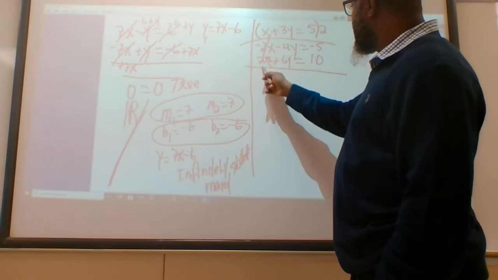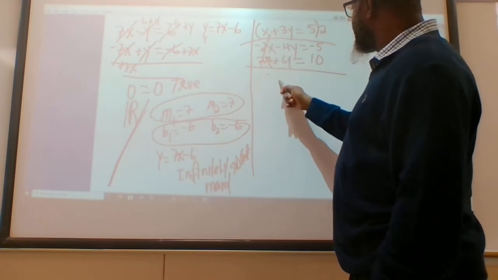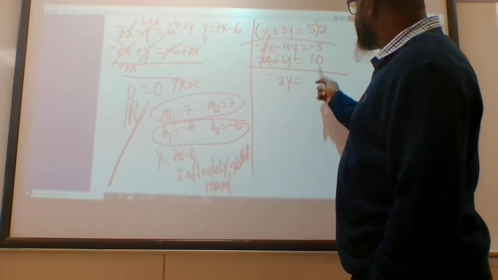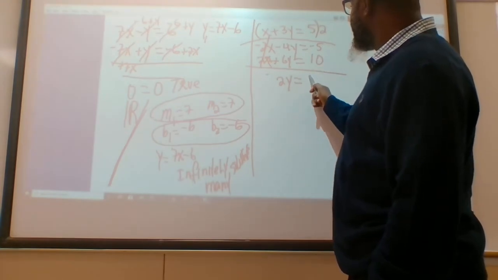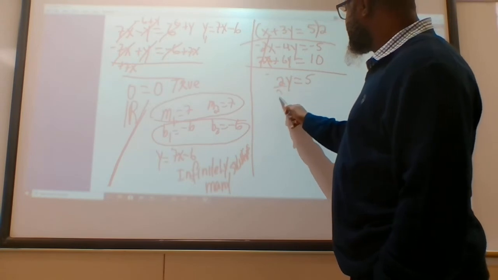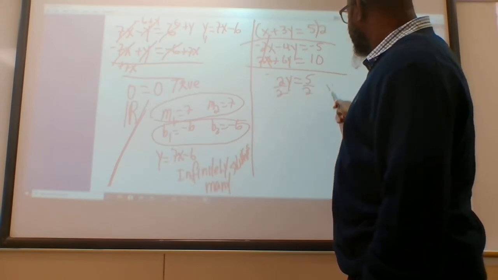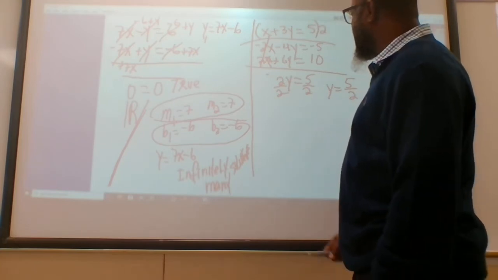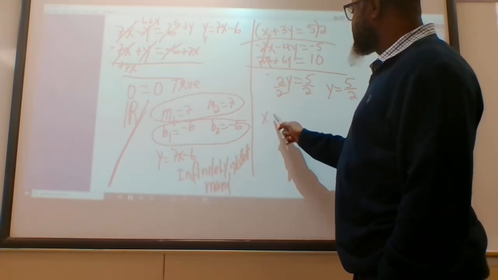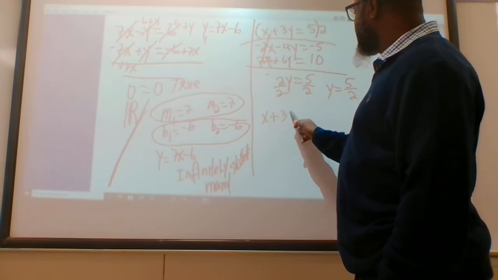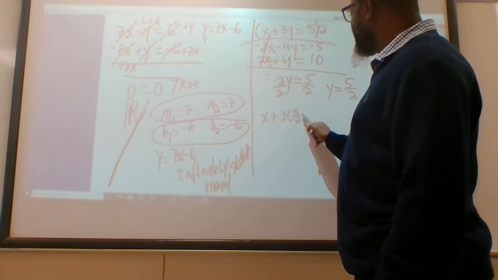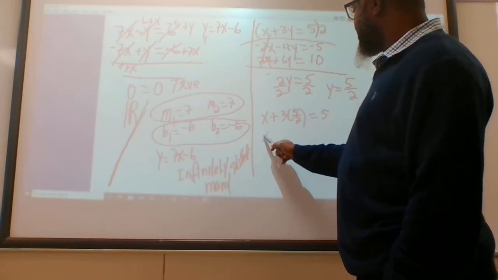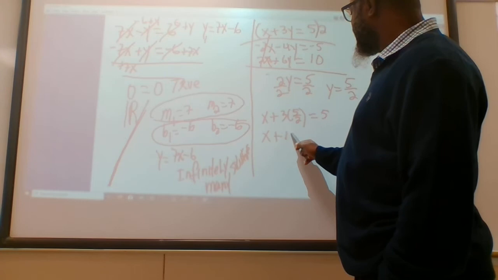So the x cancel out, then that will give me 2y is equal to 5 divided by 2. In this case, y is 5 half. Now I can go and find x, and I will have x plus 3 times 5 half is equal to 5. Now we'll have x plus 15 half